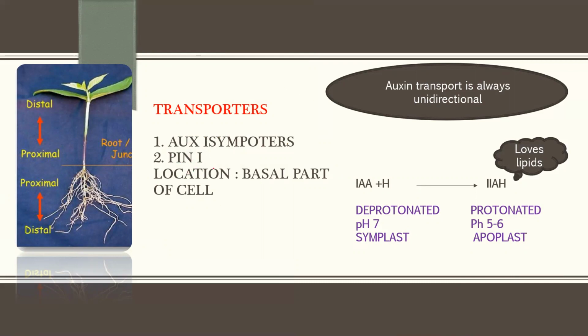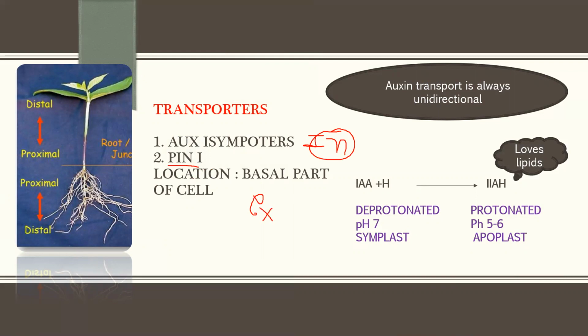Sym means two. And the PIN transporter is located at the basal part of the cell, and the AUX1 transporter is used for influx. That is, the AUX1 transporters take auxin into the cells, and the PIN transporter is for efflux, meaning exit of auxin